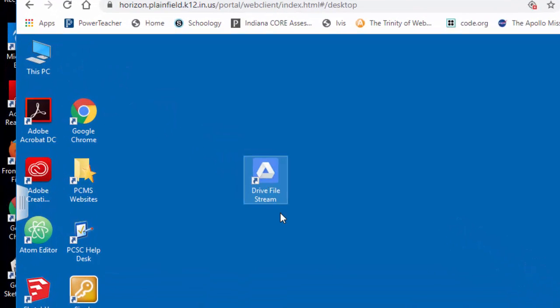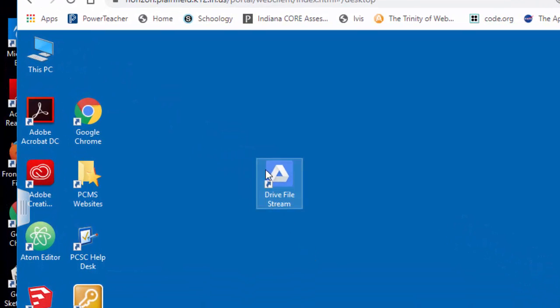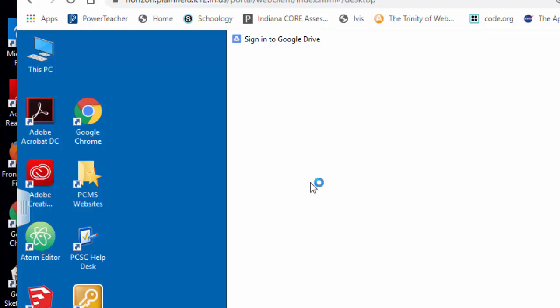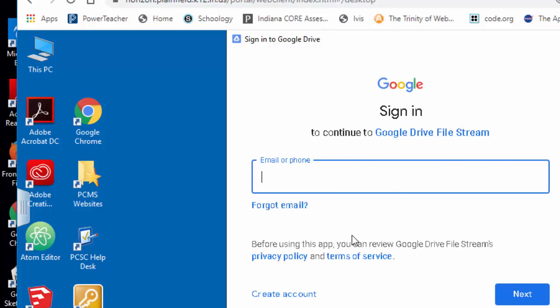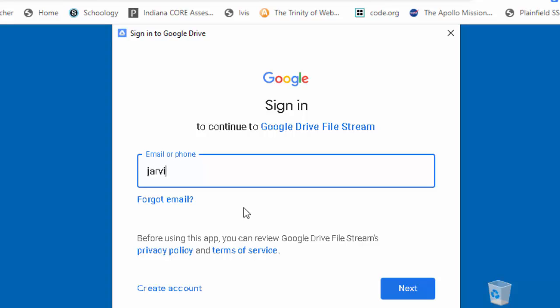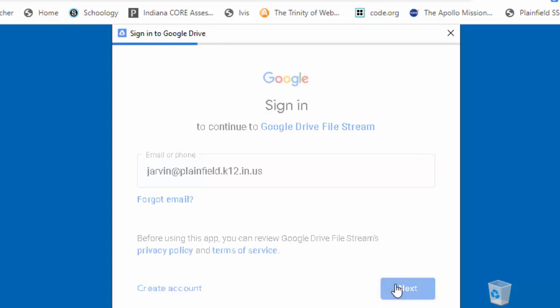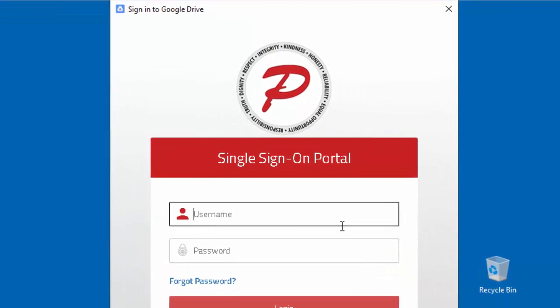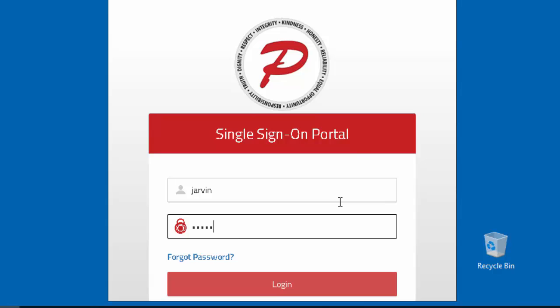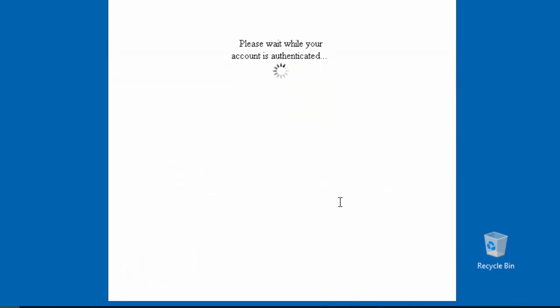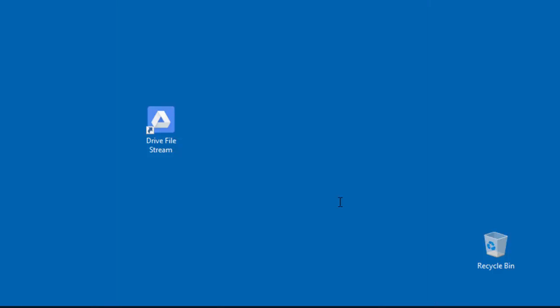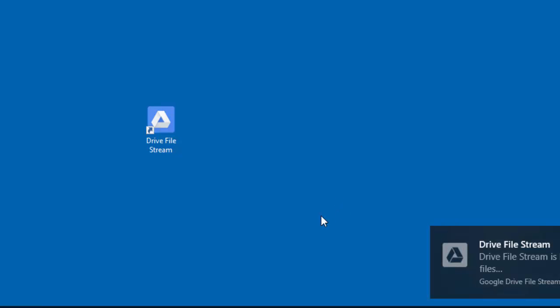This desktop also has this drive file stream. This would be really helpful, and if you double click on that, it'll come up with an option for you to sign into your Google Drive. And so you would put in your redpride.net address here and hit next and do single sign-on. What this is going to do is connect to your Google Drive, but will make it so that